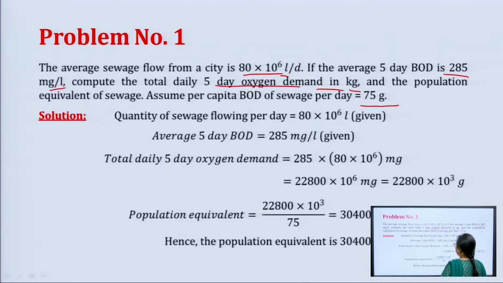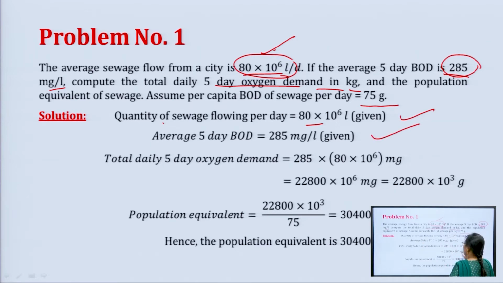So, here they have given the amount of sewage, and the BOD of sewage. So, you have to calculate the 5-day oxygen demand in kg and the population equivalent. So, what we have here? The quantity of sewage flowing per day is 80 into 10 to the power 6, which is already given. Average 5-day BOD is 285 milligram per liter, which is given. Then the total daily 5-day oxygen demand will be the BOD into